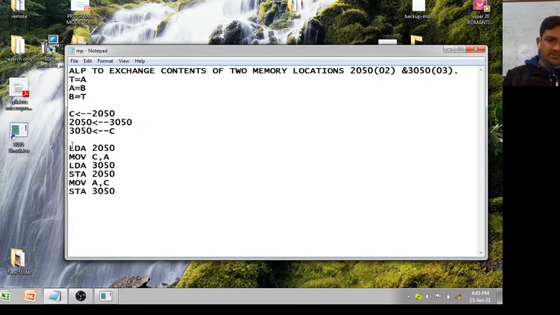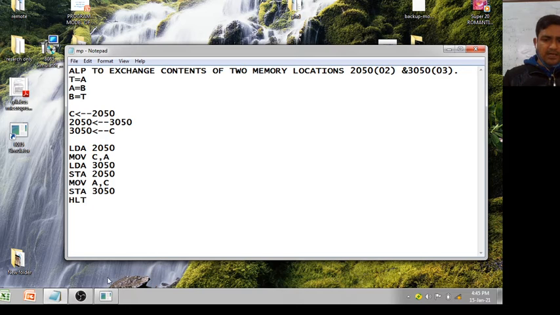Right? This is your assembly language program to exchange contents of 2050 with 3050. This is HLT. This is a machine control instruction, and it is used to stop the program. After that, the microprocessor enters into the wait state.